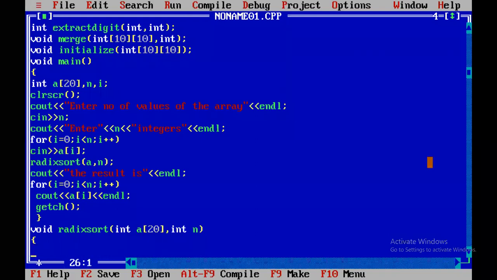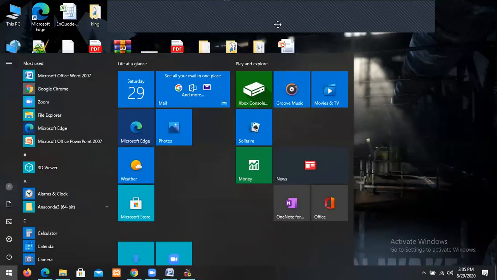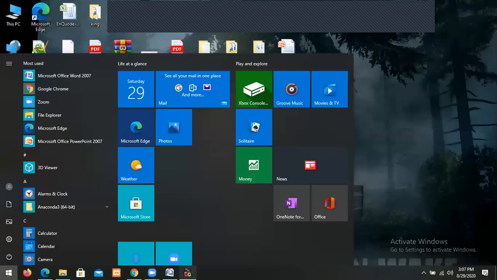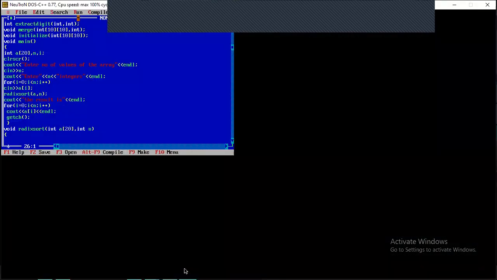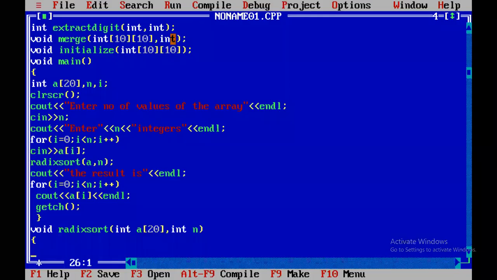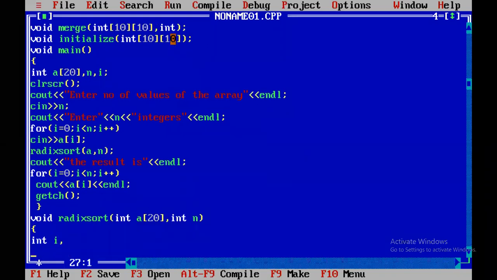So first of all, you have to calculate the maximum. We require some variables, i. I'll write the required variables one by one.